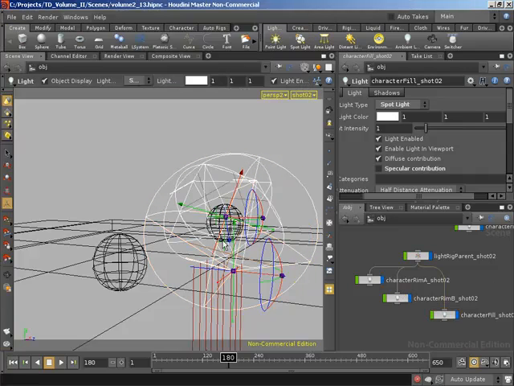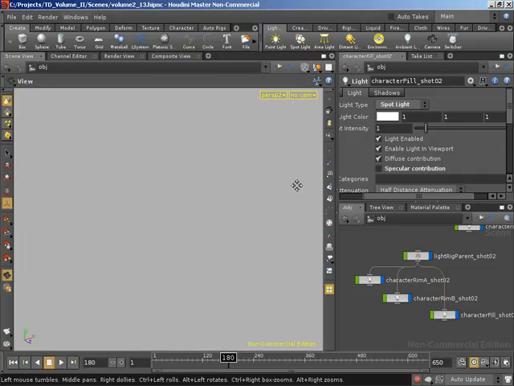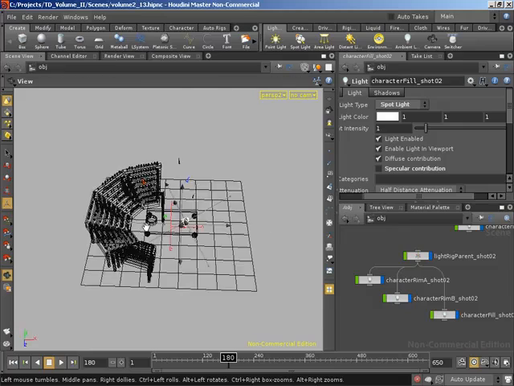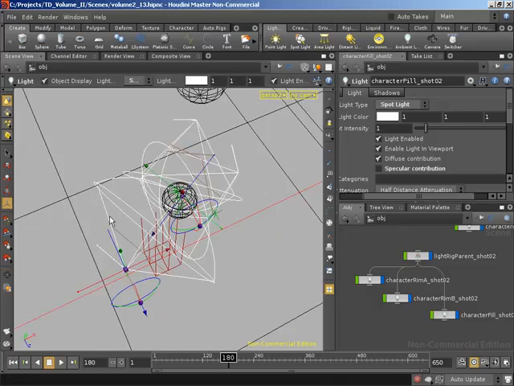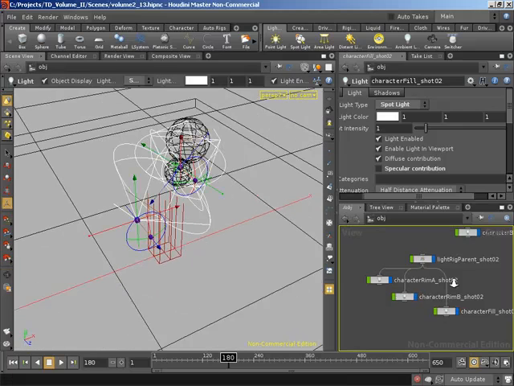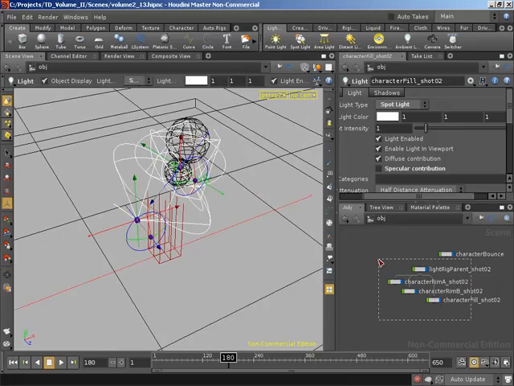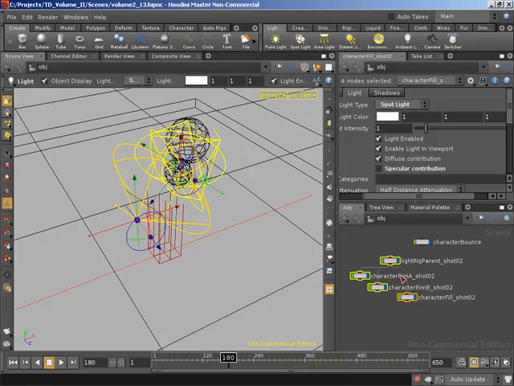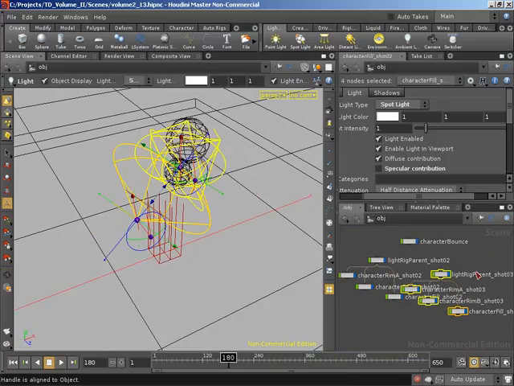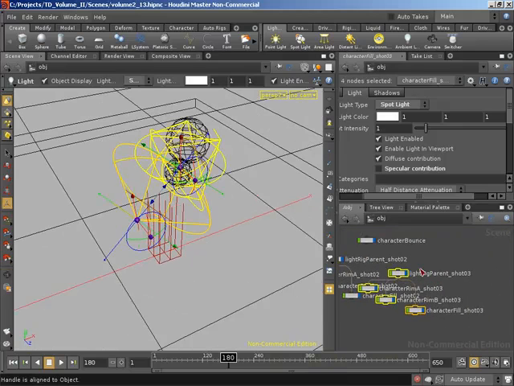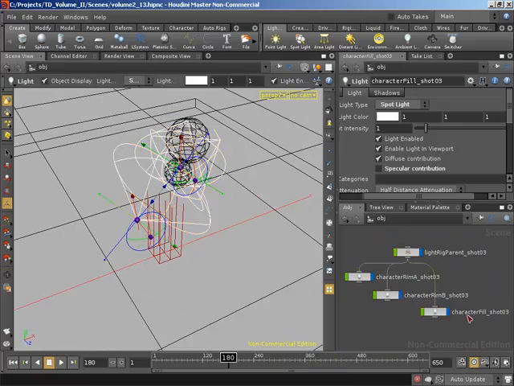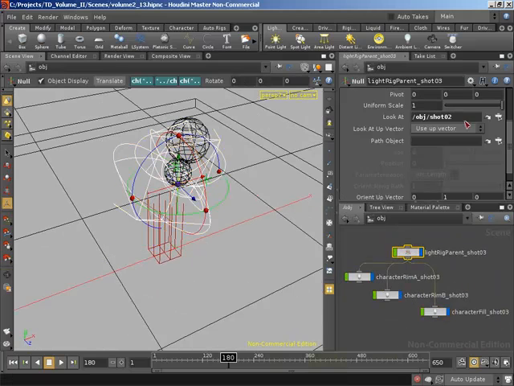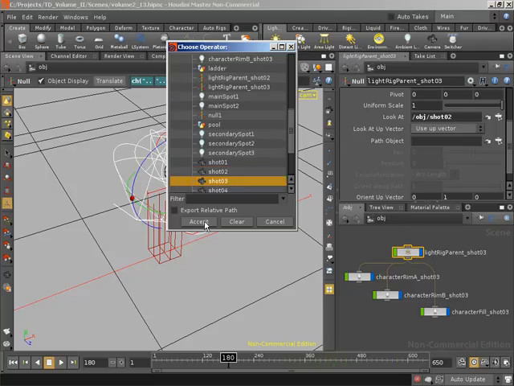If we bring back the visibility on all our lights and tumble around the character, I'm going to home up on our view so that my camera control doesn't go quite as crazy. So we've got our 3 spotlights surrounding the character, and they're all parented to this null. So if we were to grab all 4 of these nodes, Control-C to copy them, and then Control-V to paste them, you'll notice due to the way that Houdini automatically renames nodes, we're getting shot 3, shot 3, and shot 3. And we can take this, and I can say look at, and specify shot camera 3,